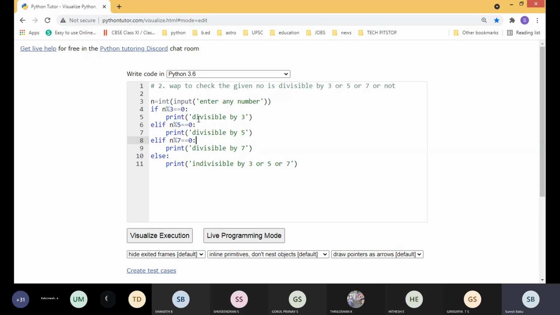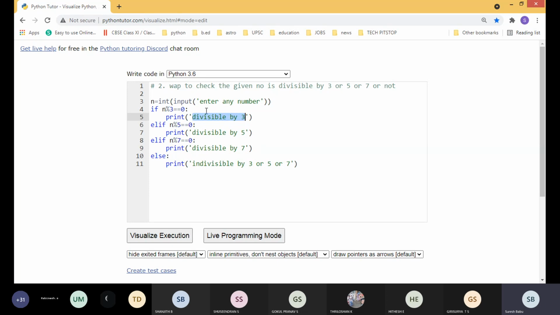But what will happen in this program? It satisfies here and it will display divisible by 3. It will not go for the next one, but we need a program that checks divisibility by both 3 as well as 5.